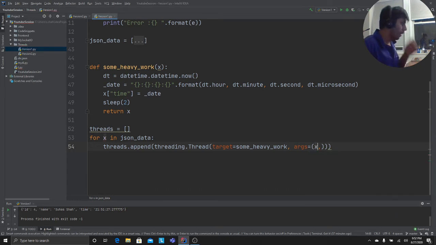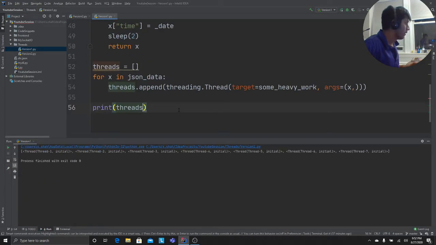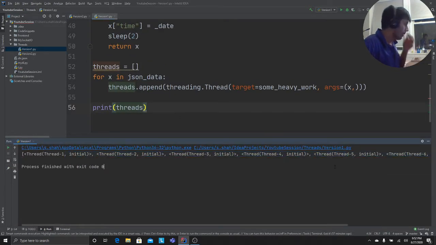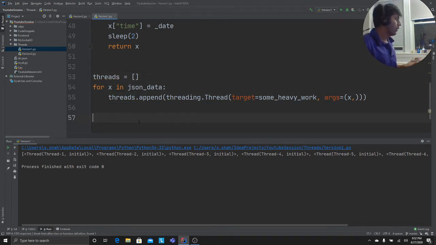After this, if I try to print the threads list, let's see. Okay, so these are all basically a class. Now we need to start each one of them. I have taught this in many videos on my threading class.